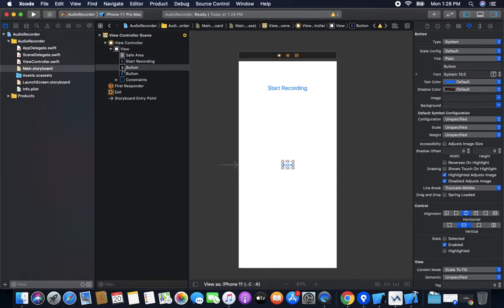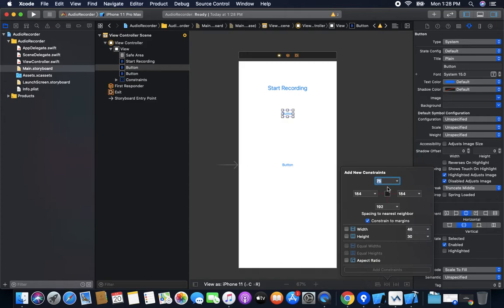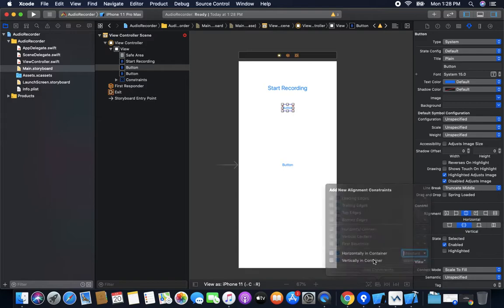Now move to the second button. Same, we make it 50 from top and horizontally in container. Rename it as stop recording.